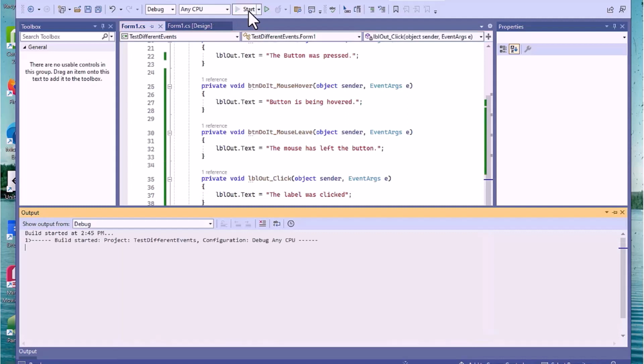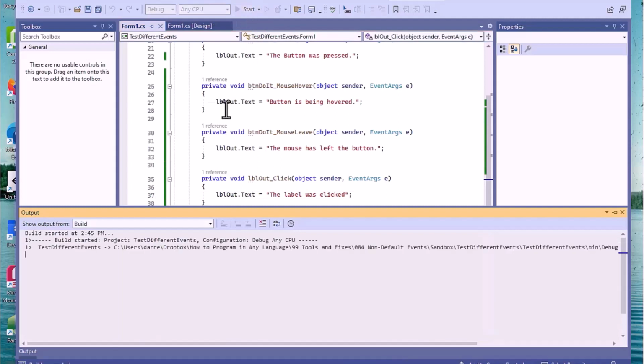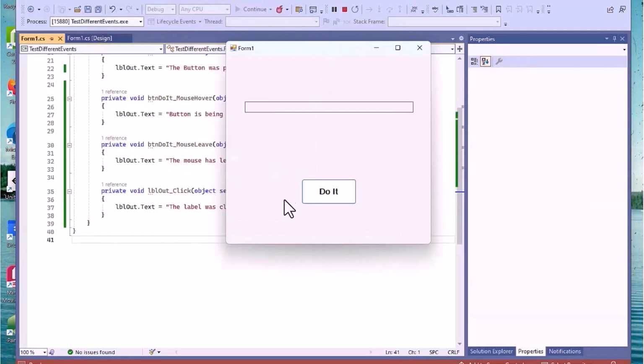Now this is a normal event, so this is going to work just fine. We'll go ahead and hover over this thing and we'll click on it and we'll get out of there. And we'll now hit this and click on the label and we get "the label was clicked". So a click event works with the label as well. What else can we do? If we get out of here,